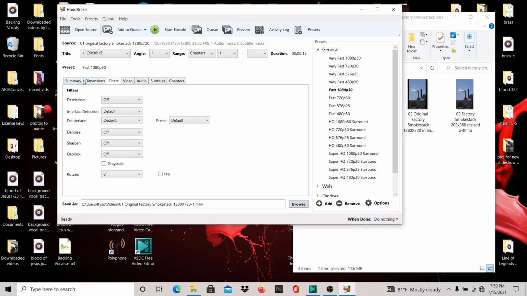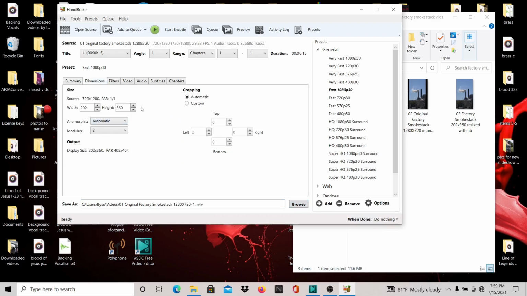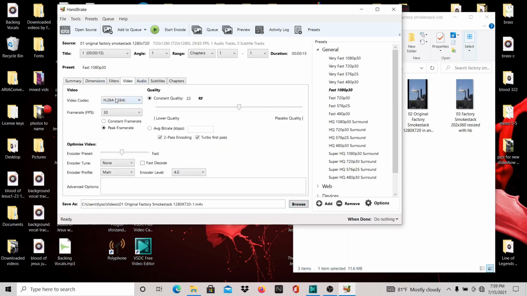I usually will look at the summary, dimensions, and I make sure my video size. I also always click constant frame rate. And I think I explained to you about constant frame rate before, and because it helps keep your videos in sync. But anyway, that's what I did, and then